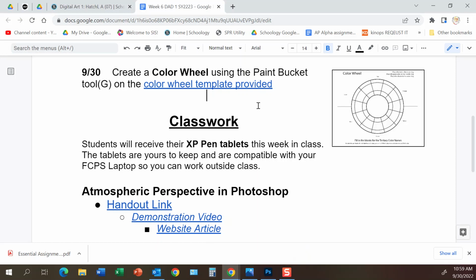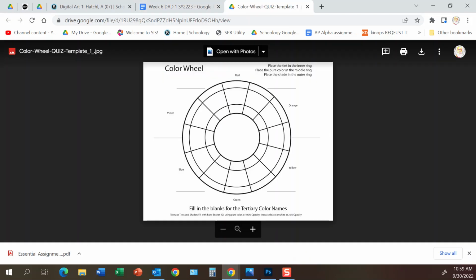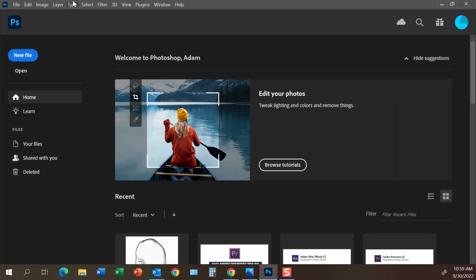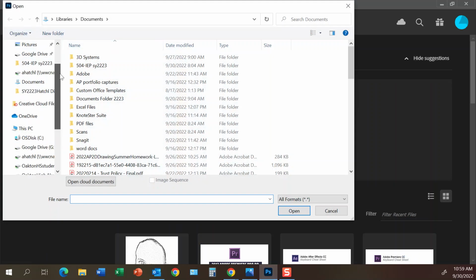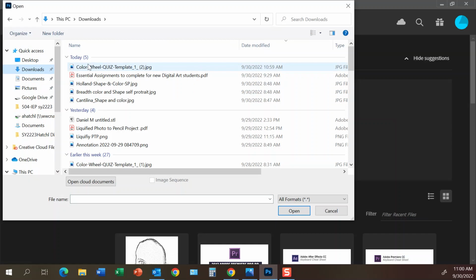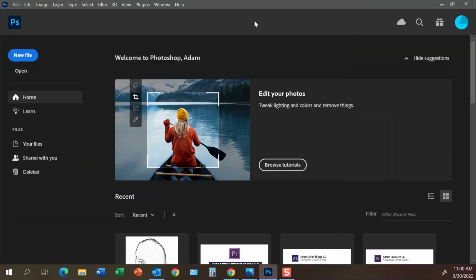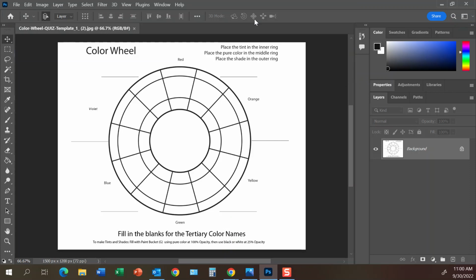This is how you can complete your color wheel warm-up using the paint bucket tool. What you want to do is open the color wheel on Google Drive, hit your handy dandy download button, and then in Photoshop you go to File, Open, and then when you go to your Downloads folder you'll see the color wheel quiz template. Open that bad boy up, and then we are going to get busy with the paint